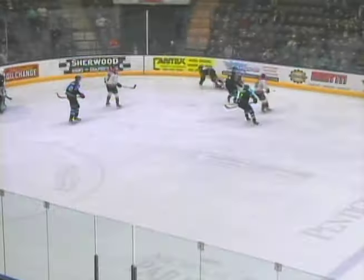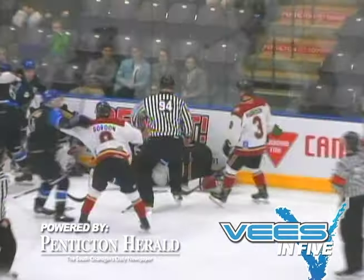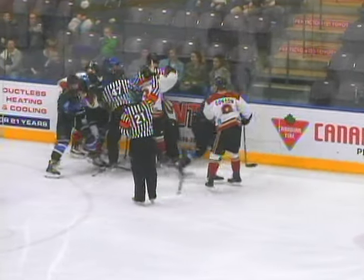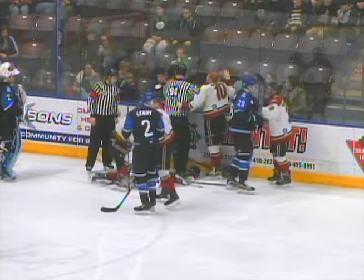He came into the right wing circle. Now he threw a big hit on Ripplinger on the wall, did Epp. Puck stays in the V zone. Now Ripplinger took his man down from behind. Nash getting involved as his helmet gets ripped off on the wall, and he ties up with the Warrior. Now everyone involved here as we get a scrum as Sodergren and Nash trying to get at each other, but the linesman Carter Como steps in, and Foreman's got a V pinned underneath of him as he's battling there with,